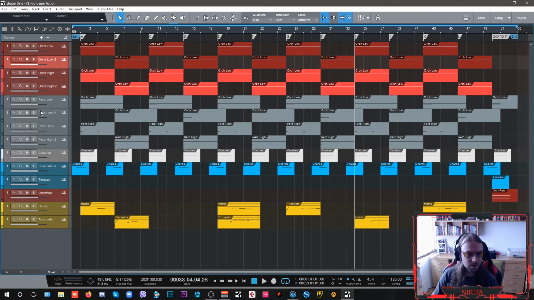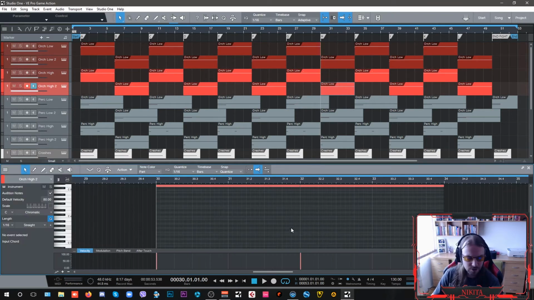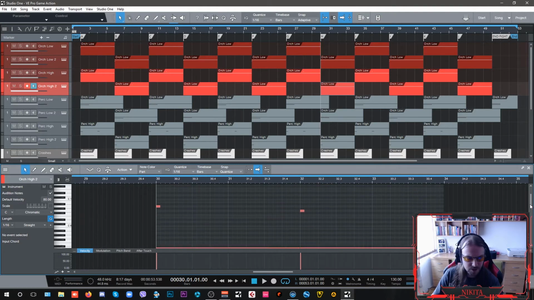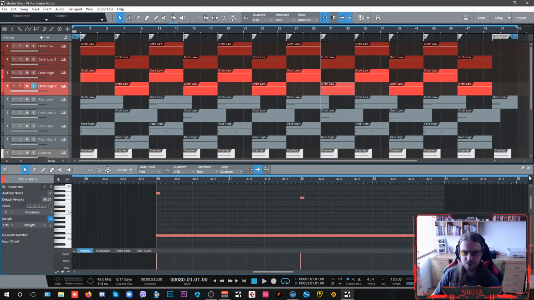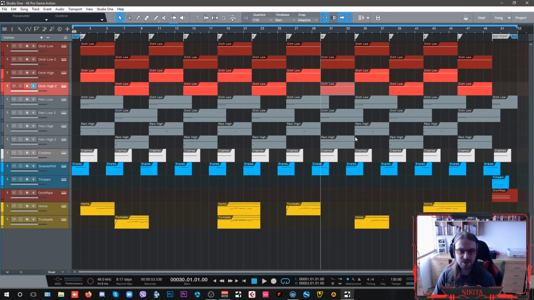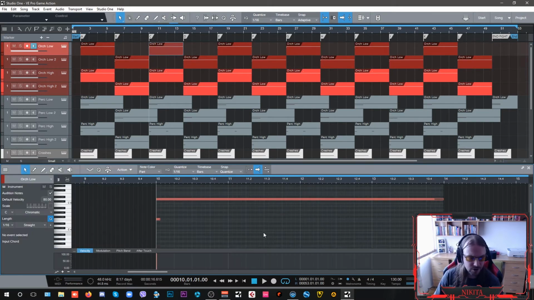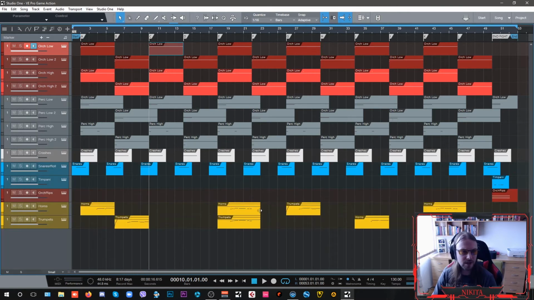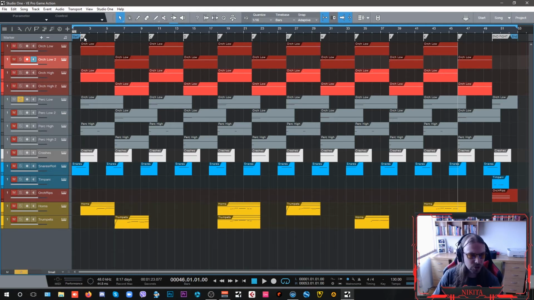And the reason why you will see key switches here is that they are just triggering different riffs. So this entire high orchestra layer can have 4 bars of one riff and 4 bars of other riffs, and some of my low riffs have their key switches. They're playing just like one piece of music. Most of them are playing throughout the whole 8 bars of loops. And my percussion loops,